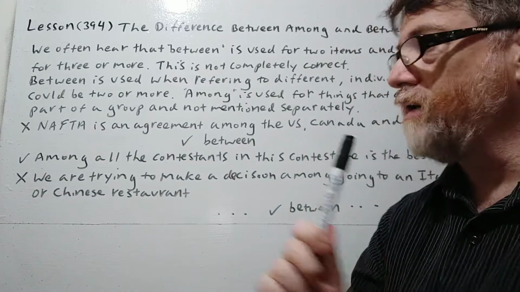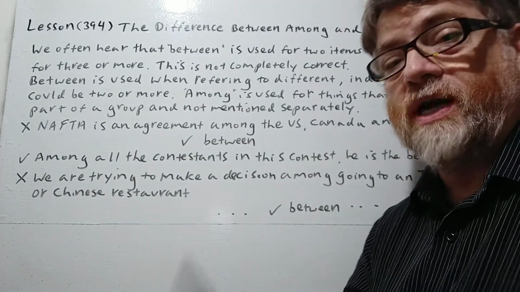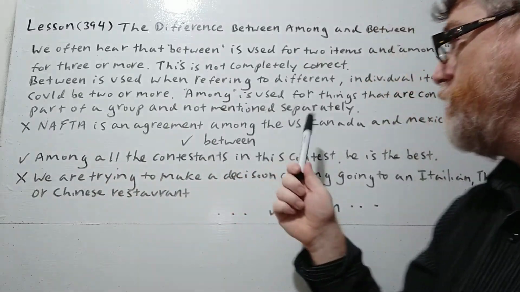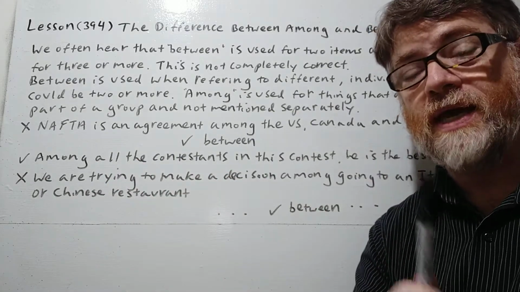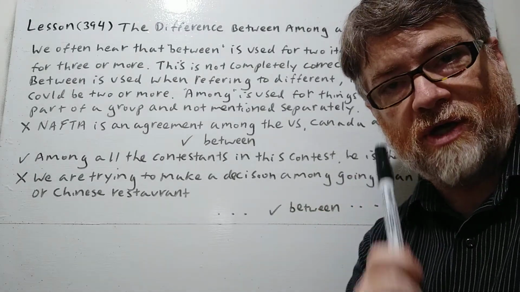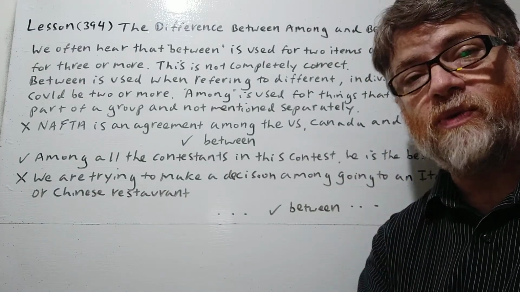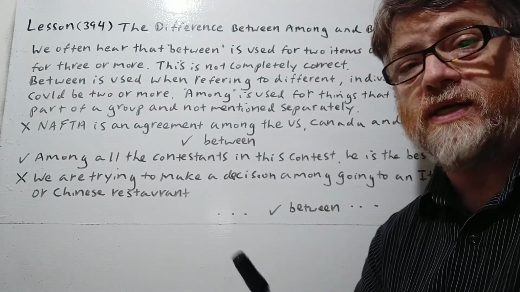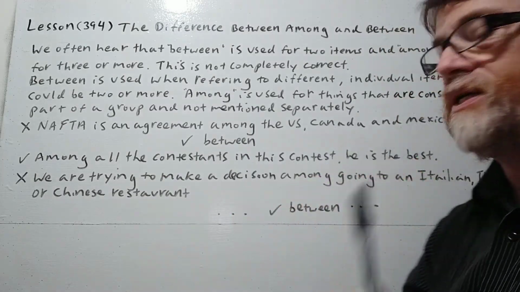Okay, so let's look at the first one. Of course, with the X, this is wrong. This is where a student might make the mistake. NAFTA, now remember, NAFTA is a trade agreement. NAFTA is an agreement among the U.S., Canada, and Mexico. So, of course, with the X, this one is wrong. We shouldn't be saying among here because we're actually mentioning the countries separately. Even though there's three countries here, we should be using between and not among because they are mentioned individually. So the correct way to say this would be NAFTA is an agreement between the U.S., Canada, and Mexico, not